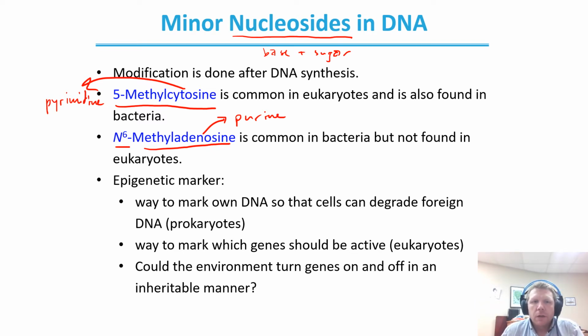Our epigenetic marker, this is a way to mark your own DNA so that cells can degrade foreign DNA. So this is almost like a very basic immune system of sorts. These are ways to mark genes which should be active in eukaryotes, so these genes can be expressed. And ultimately, these are things that are somewhat responsive to the environment. So if a gene is to be activated, well then